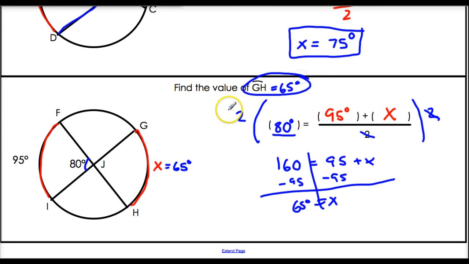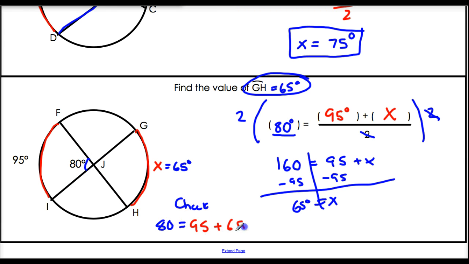Now, I don't like to just say, we got the answer, let's move on. Let's actually check our work. Let's do a quick check here to see if that even makes sense, right? 80 should be equal to my two arcs. So 80 degrees, which is my angle, should be equal to my two arcs, which is 95